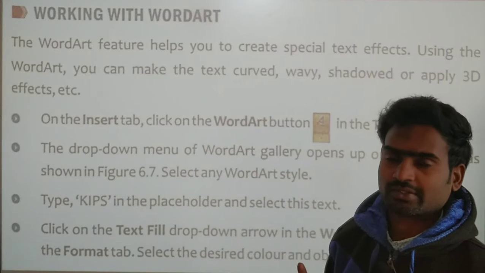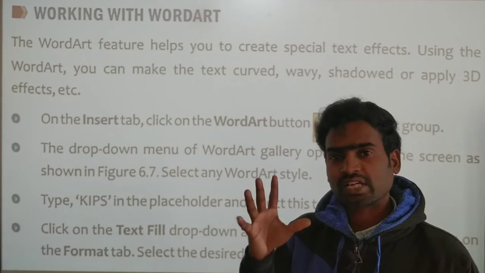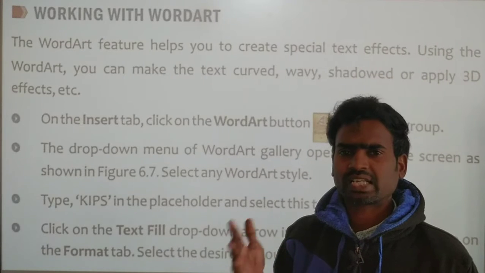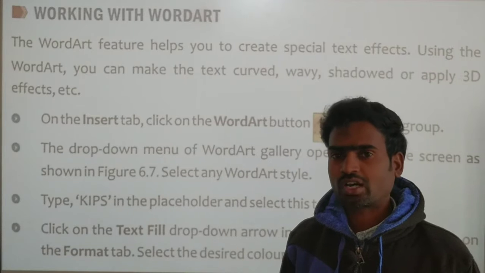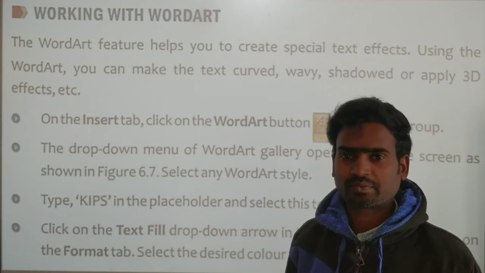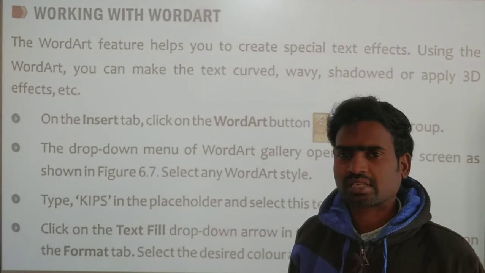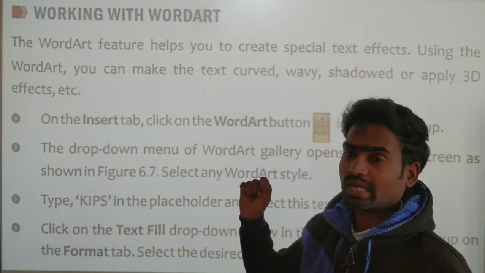So how to do that, sir? We can make curve designs or shadow type. And there are plenty of options, we can give a lot of colors according to our wish. Shape we can give, the position we can keep. So there are plenty of options in word art. So today we shall learn it. How to do that, sir?